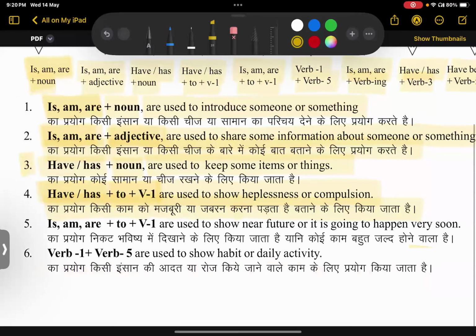Okay, let's talk about another structure that is is/am/are plus to plus verb in first form. To plus verb in first form is also called infinitive. So, dear student, you know when to speak I am to plus verb in first form, you are to, he is to, she is to, they are to. You know, these structures are used to show